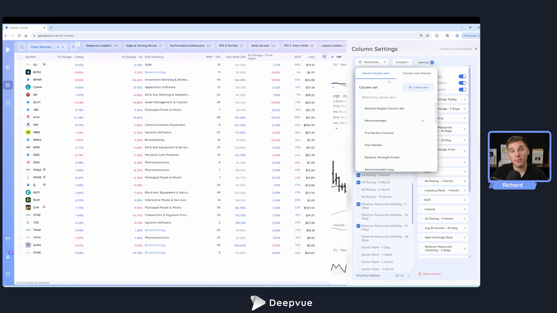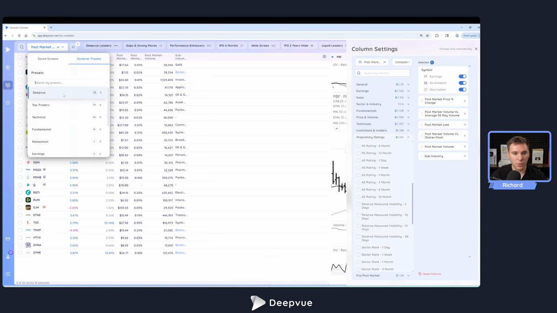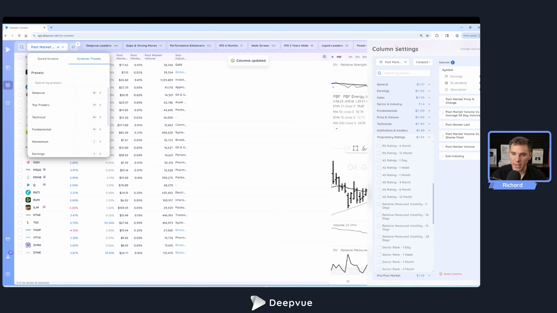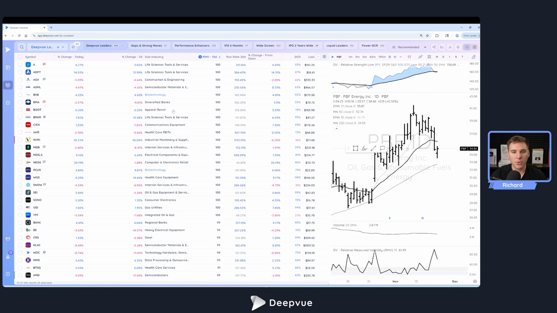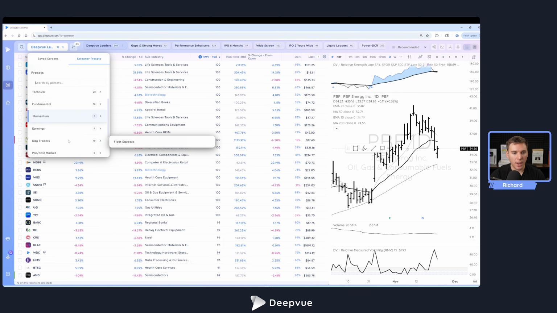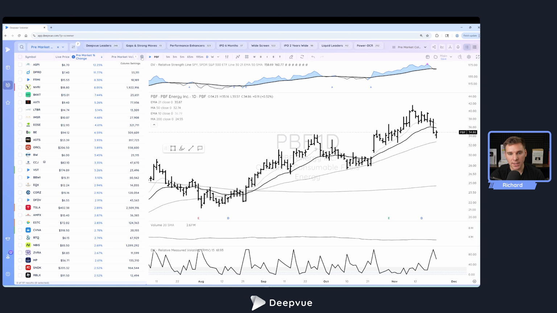And again, Deepvue will remember the latest column set that you associated with this screen. So when you bring it up, it will automatically bring up that column set. So when I go to the Deepvue leader screen, if I X this out, Deepvue leader screen and go to leaders, it remembers that the last time I had Deepvue leaders open, I had my recommended set on. But when I go to post-market or pre-market, it remembers it has my pre-market data column set. So that's really helpful. Basically it allows you to set the most useful information for that screen right to the front for you. So that is your data column set,